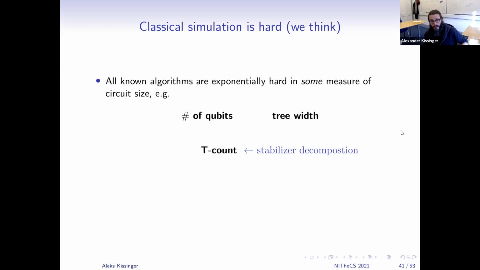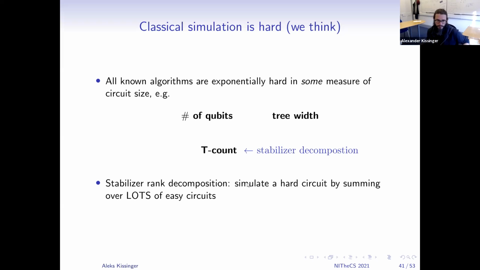But quite an interesting one is these kinds of stabilizer decomposition techniques, where the relevant measure of complexity is actually the T count, or at least the number of non-Clifford gates, of which the T gate is the main example. Okay, so the way these things work is